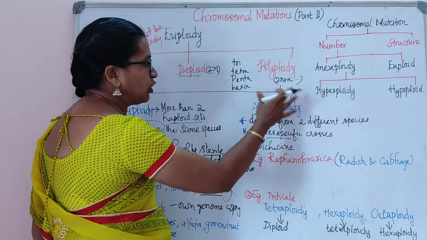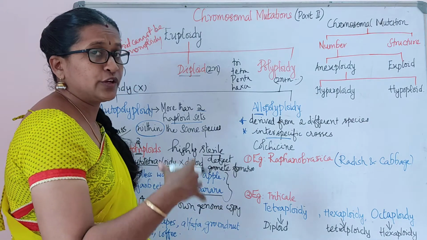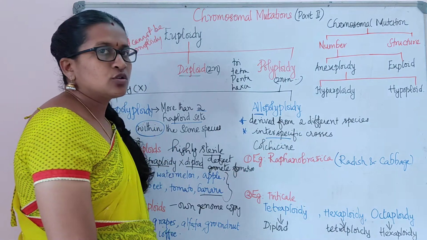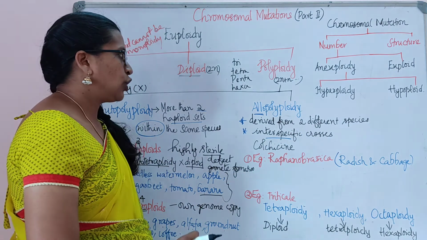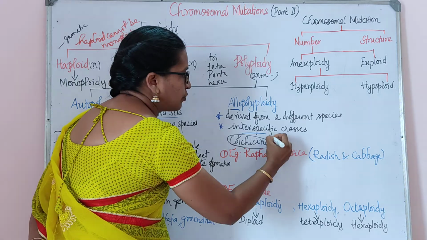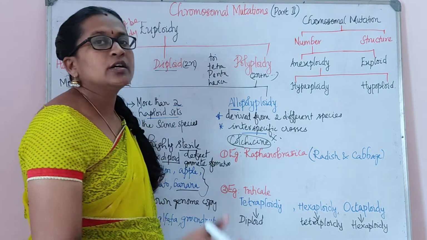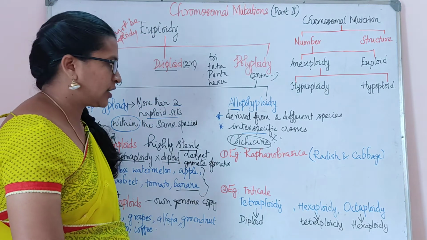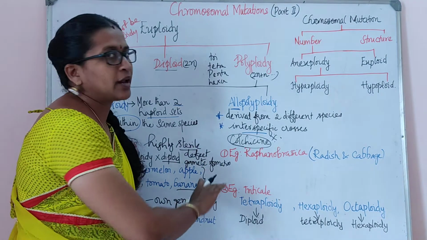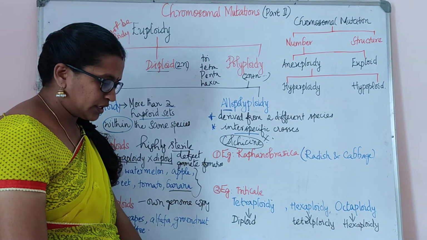So next it's allopolyploidy. As I said earlier, it is derived from 2 different, closely related species. So hence it is an interspecific cross. So how are they inducing this allopolyploidy? There is a chemical named colchicine. It's very important, you should remember. This colchicine is used to induce polyploidy in that particular organism. From where is this colchicine produced? Surprisingly, it is a plant product. It is derived from its part.